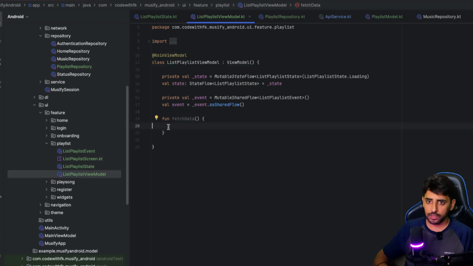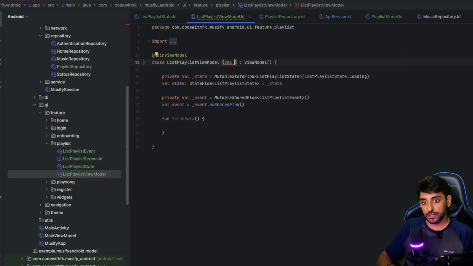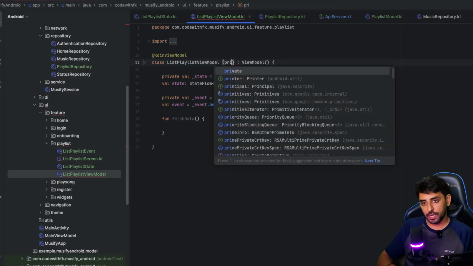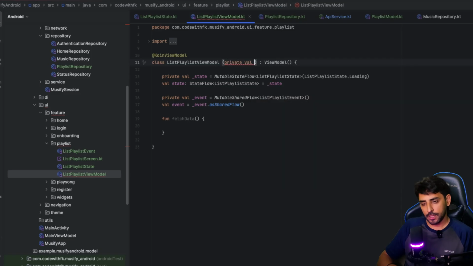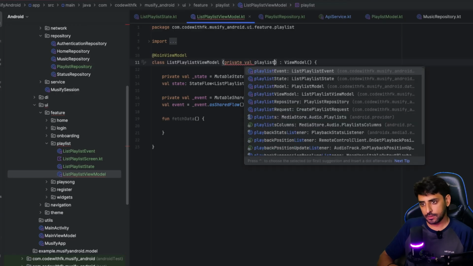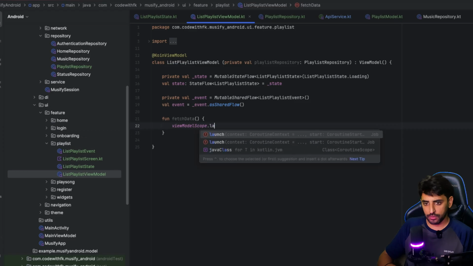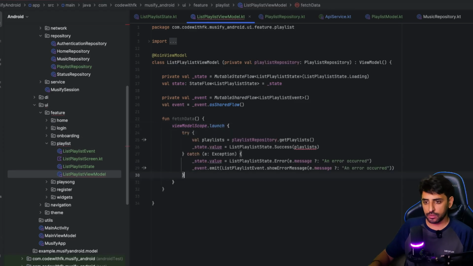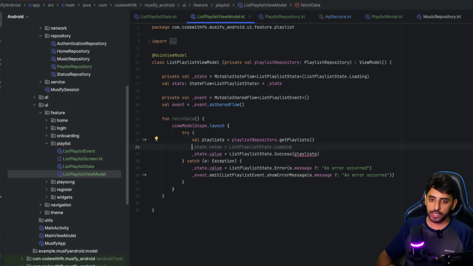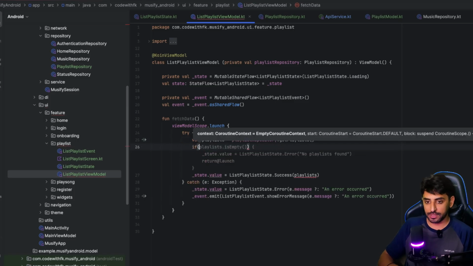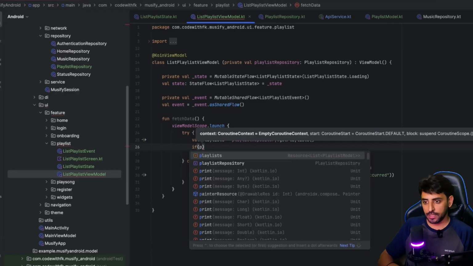Now when we get over here, what we need is the repositories, right? So I'm going to say private val playlist repository. And now over here, what you need to do is make sure viewmodel scope dot launch, and then over here you can just call that playlist from there. And when you get that playlist, it's part of the resource. So you need to make sure that if it's part of success, you can say playlist dot